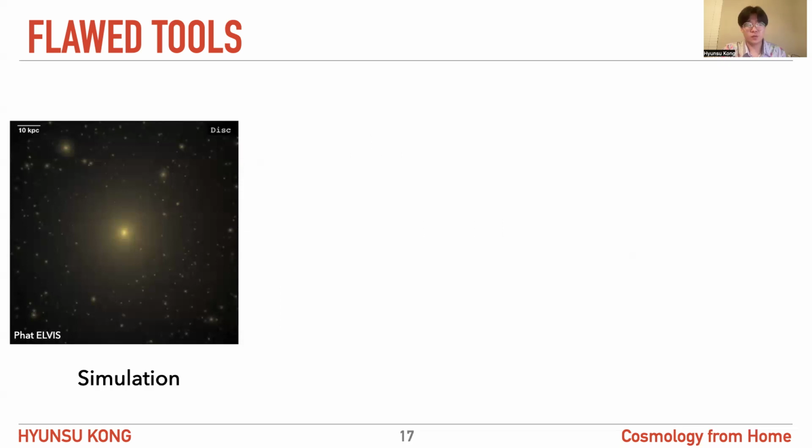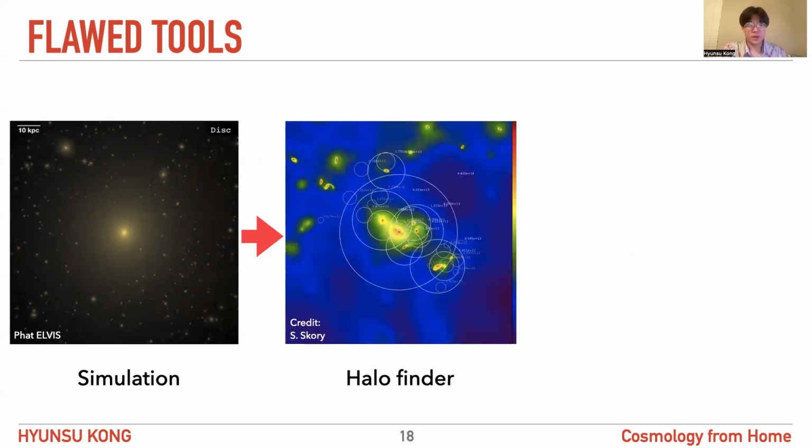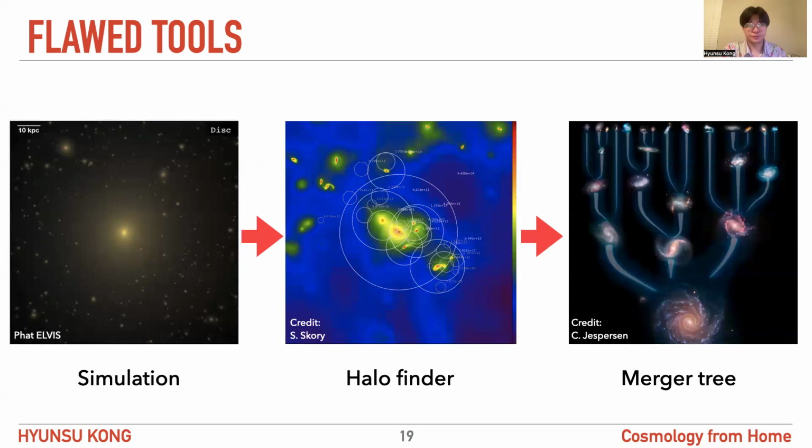So what actually are the problems with the traditional way we study subhalos? When we're done running simulations, we then identify halos and subhalos at each simulation snapshot using a halo finder. We then use a merge tree tool to create links across snapshots, attempting to gather the evolution history for these halos and subhalos. And here we immediately see a potential problem, which is having to accurately identify substructure deep within